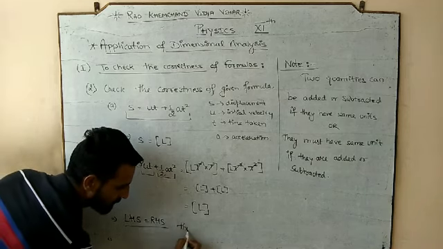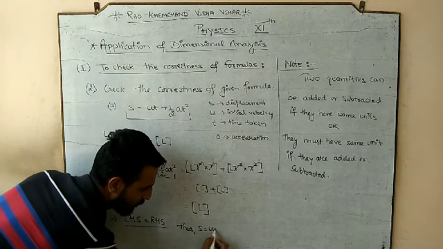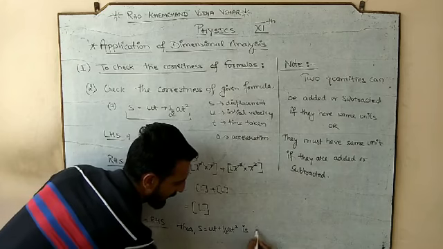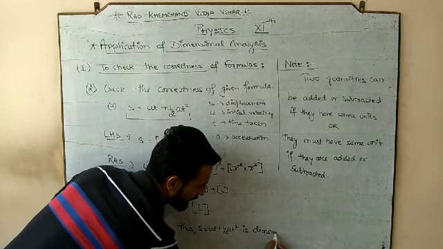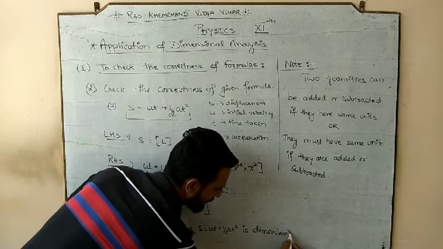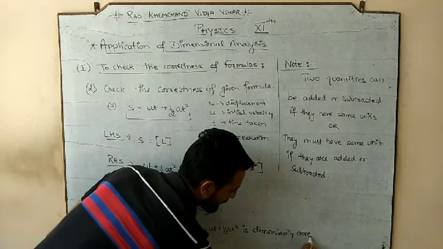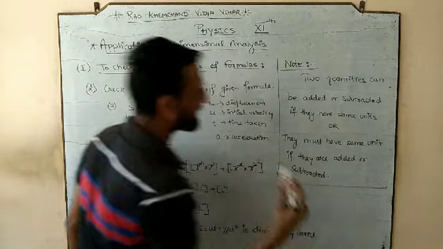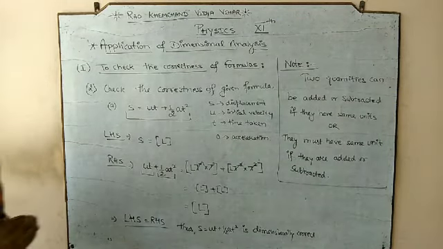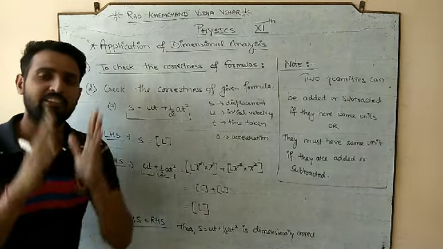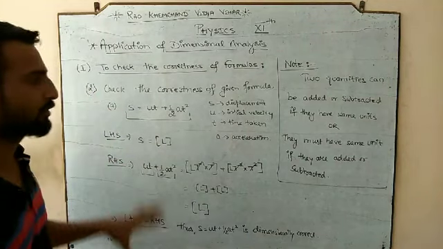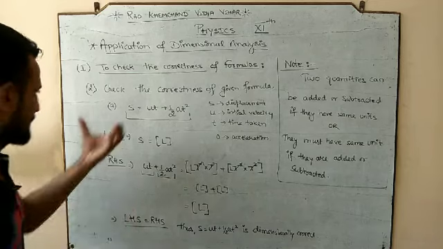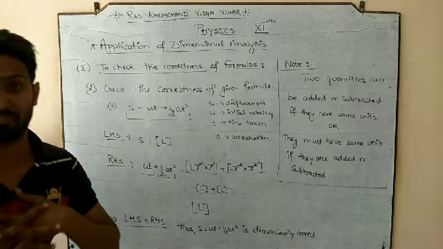So thus S is equal to UT plus half AT square is dimensionally correct. And this is, you can say, the second type of numerical that we have from the first numerical. Means first application we have the second type of numerical. We have to again check the correctness of the dimension formula, but it is little bit different.